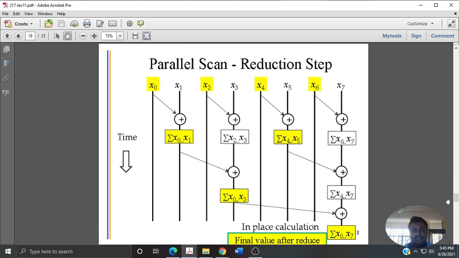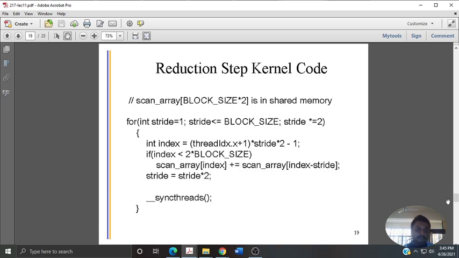So once the reduction is done, block size into 2, so scan array block size into 2, that's the reasoning. I just wanted to quote from this particular slide or chapter. So slide 1, these are the iterations, whatever you are going through, say 4 to 1. That's how it is computed with respect to 7 elements. You can extend it to 16 elements, which is in the further chapter. It is computed for 16 elements.